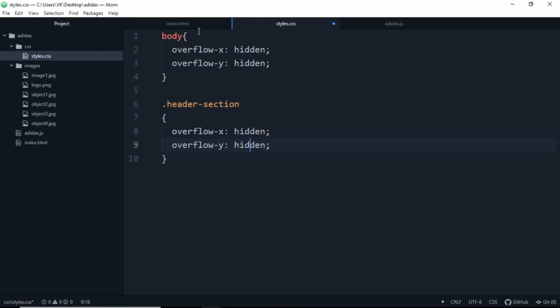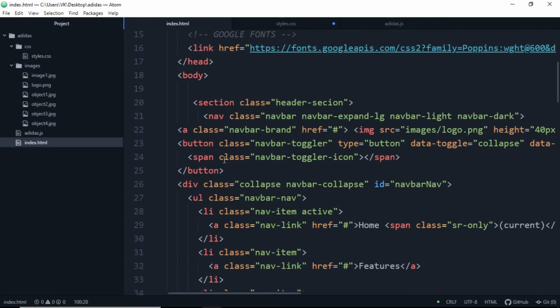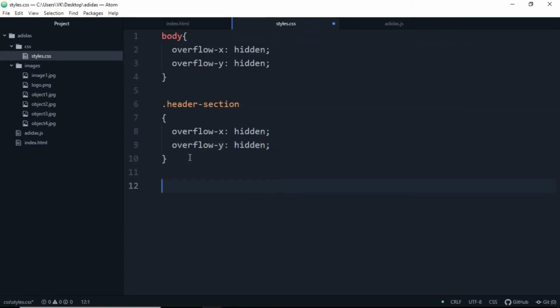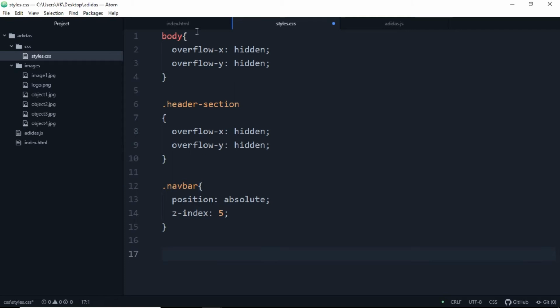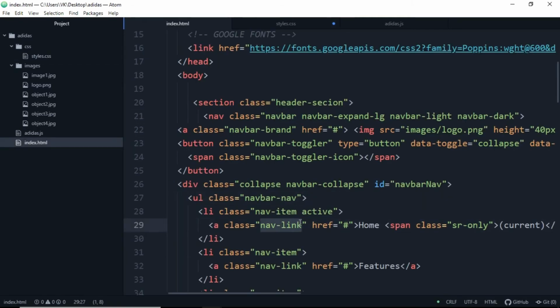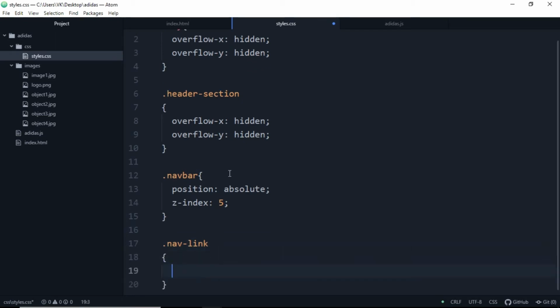And let's go to top. I'm gonna access the neighbor here, paste it here, and position will be absolute, Z index will be 5, which is the neighbor will be at the topmost layer. And now let's copy the new dash link from here, paste it here, make it margin 0, 5 rem, 0 and 4 rem from the left.